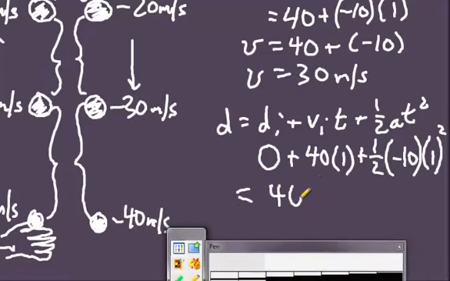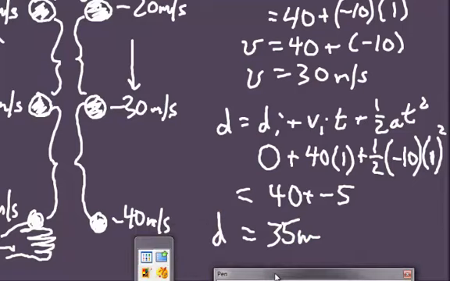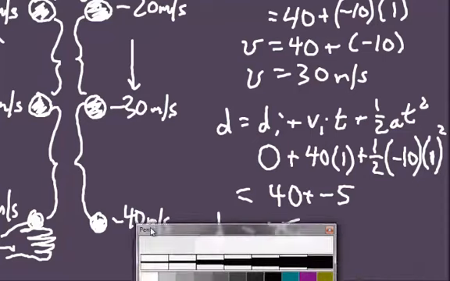It's going to be 40 plus 1 times 1 is 1. -10 times 1/2 is -5. And you can see that in that first second, the object covers 35 meters. 35 meters. So now we've figured out the displacement,